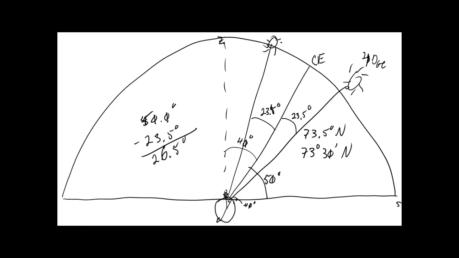Exactly. The Tropic of Cancer is 23.5 degrees north of the equator, and the Tropic of Capricorn is 23.5 degrees south of the equator. And the sun is directly overhead at some point between those two every day of the year. On March 21st and September 21st, it's directly overhead at the equator, Quito and places like that,